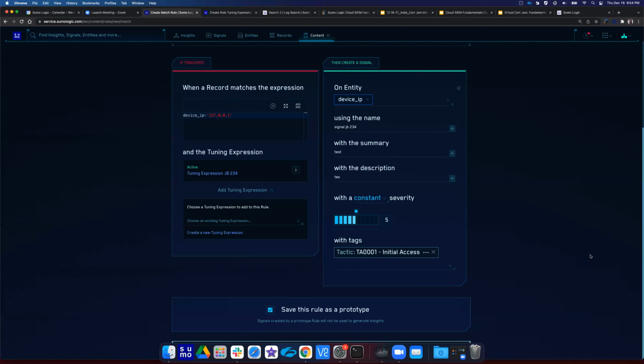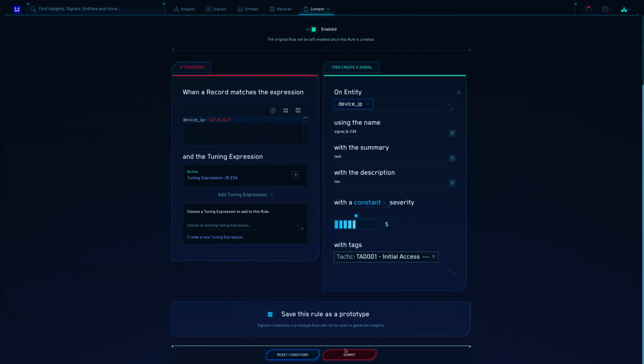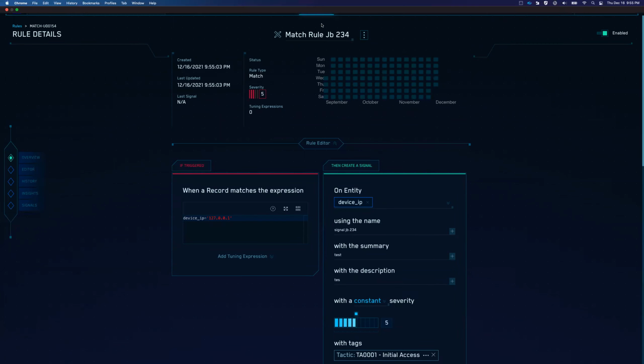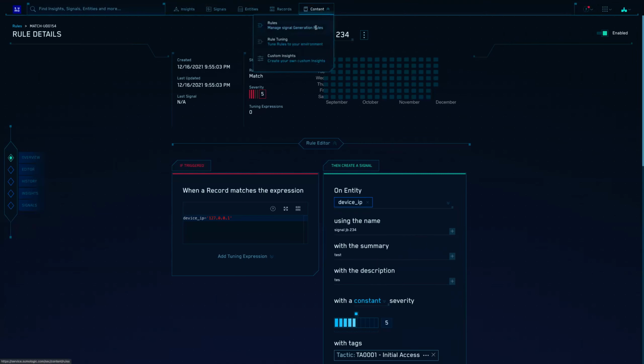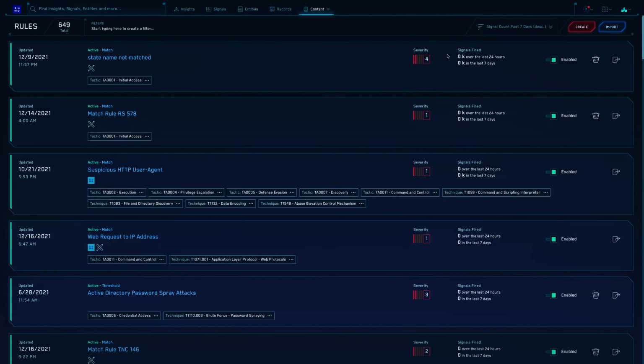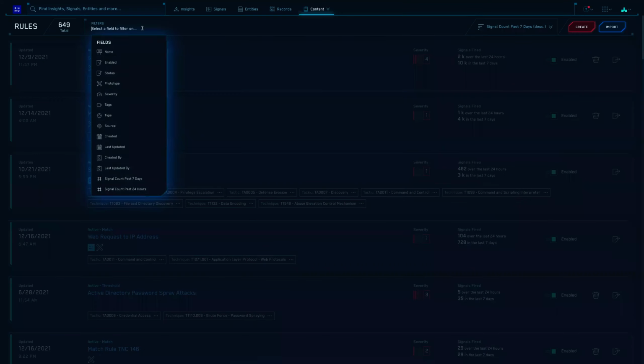And then I should be able to submit. If I can't submit, I may have a little orange triangle here letting me know I'm forgetting some information. But in this case, I don't, which is good. So now I'm going to click submit. When I do, I should be brought back to this screen, which is really just confirming that it's there. And now also, if I go back to my content and rules, there should be a new rule for me. Let's see, what did I call it?